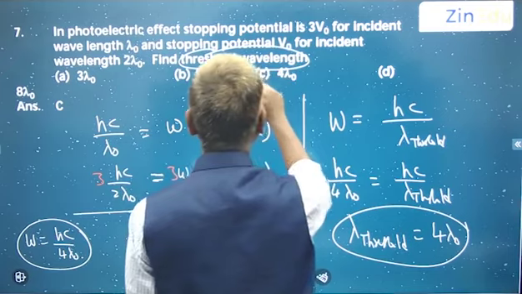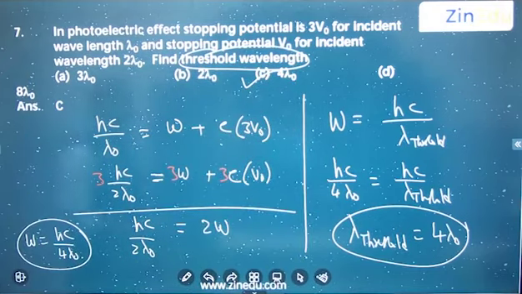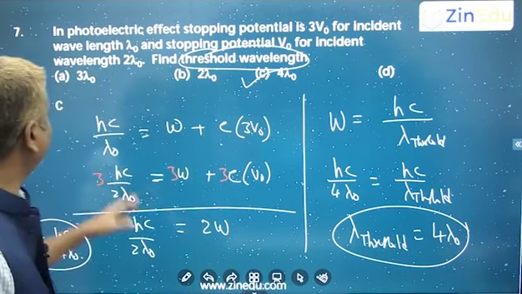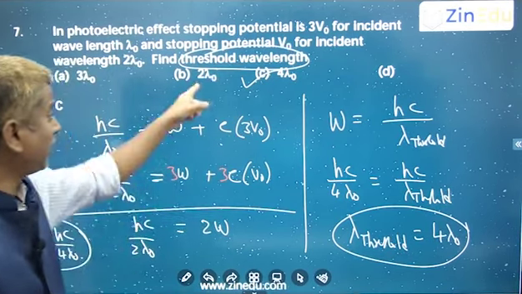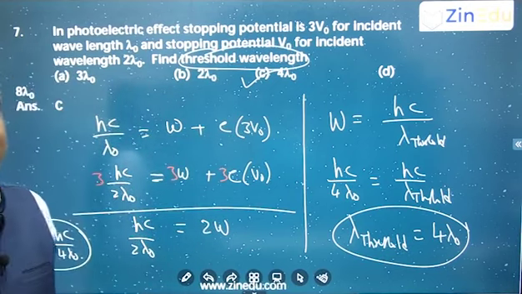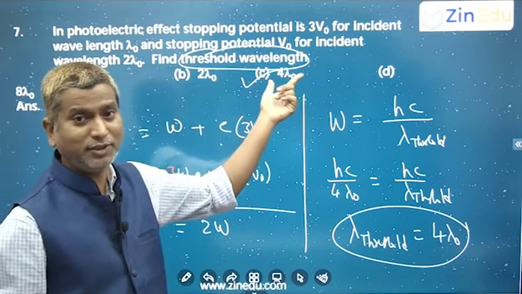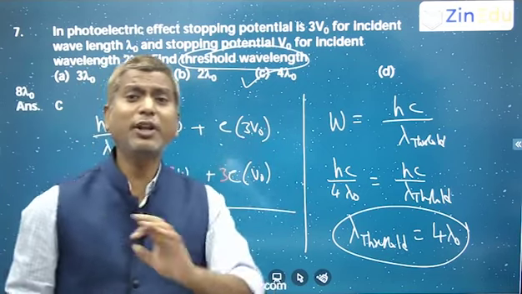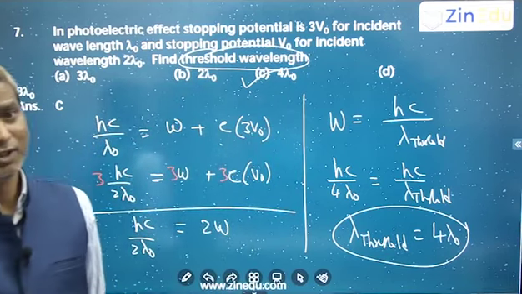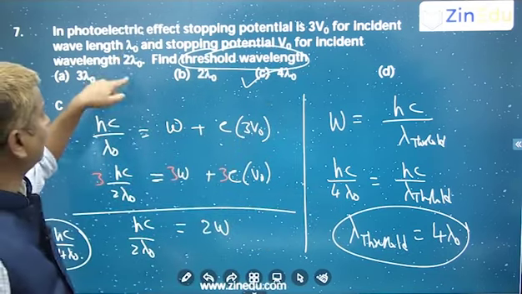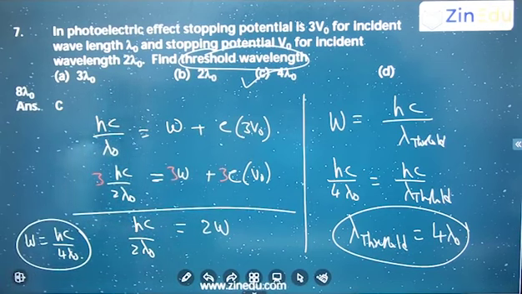Correct. And one thing, you can easily tell this answer also. Why? Because definitely it will be more than 2 lambda naught. Either it has to be 3 lambda naught or 4 lambda naught. It cannot be 2 lambda naught, because when it is 2 lambda naught already stopping potential is there. So actually it is the maximum wavelength for which photoelectric emission will take place. If wavelength is more than 4 lambda naught, photoelectric emission is not taking place. So maximum is 4 lambda naught. So the threshold has to be more than 2 lambda naught compulsorily, right? Okay. So this is this particular question.